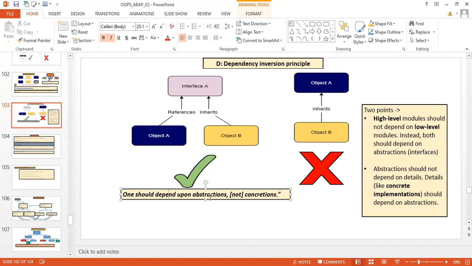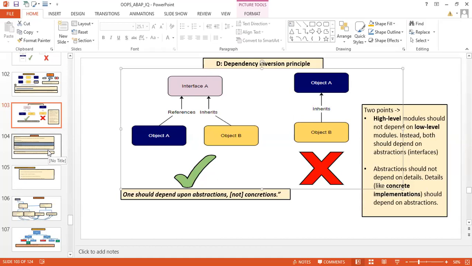Inherit the abstraction, the abstract class. Why inherit the concrete class? So the complete meaning of the dependency inversion principle is that much. That is the crux, the summary of this principle.